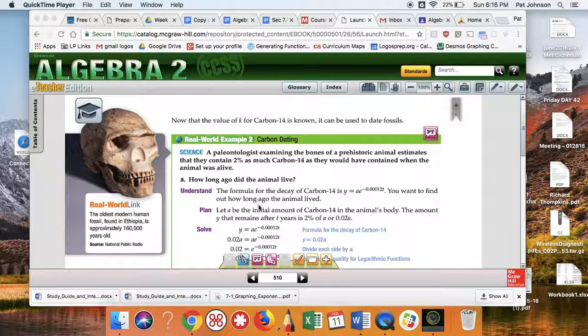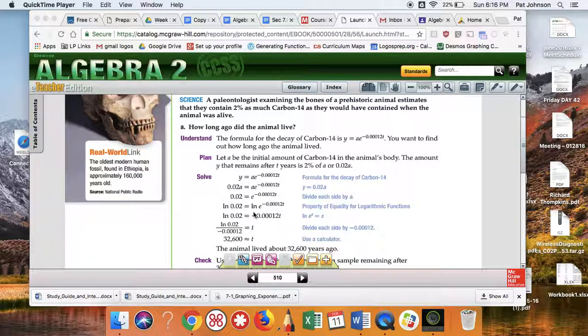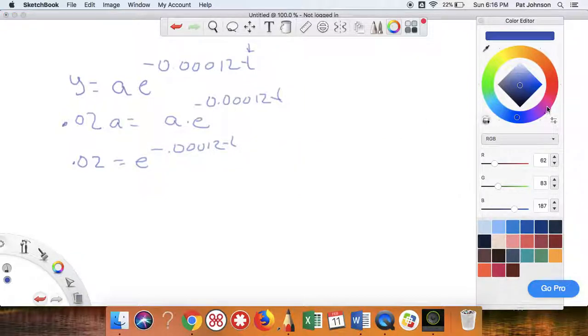And then, you see here, they take the natural log of both sides, because I can do that. These cancel out, so then you have the natural log of 0.02 equals negative 0.00012 t, and you solve for t, and you get t is approximately